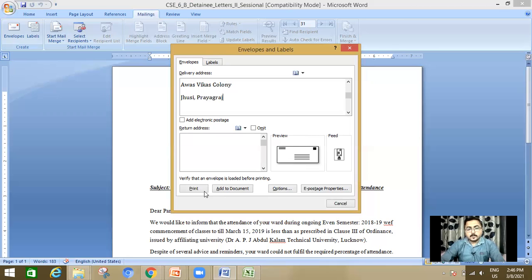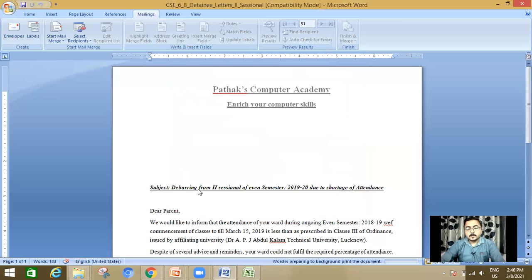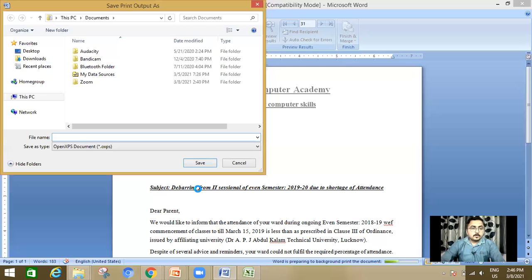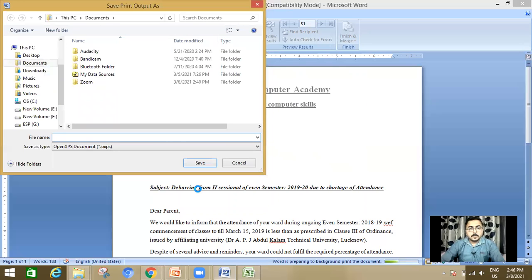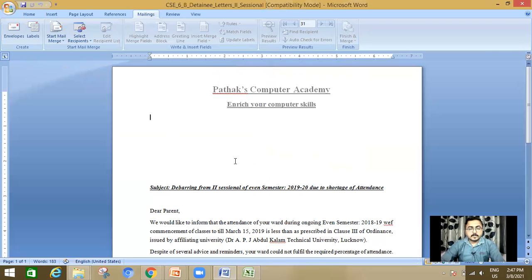And then click on print. That's all. The print dialog box will appear; before this, the document is to be saved. Okay. I think it is very clear to you.